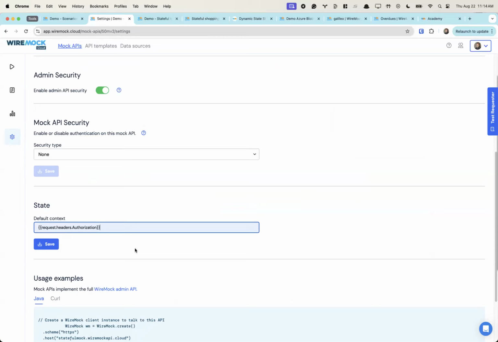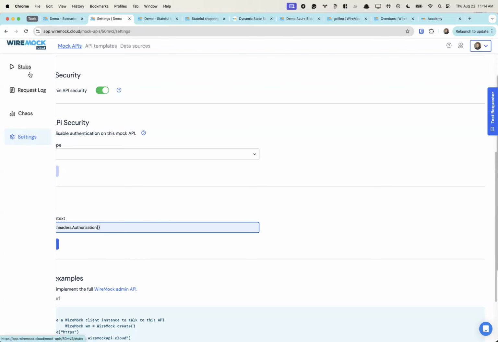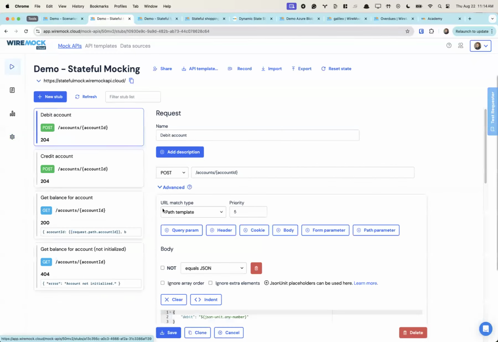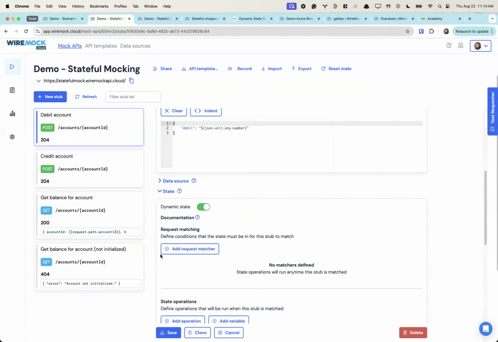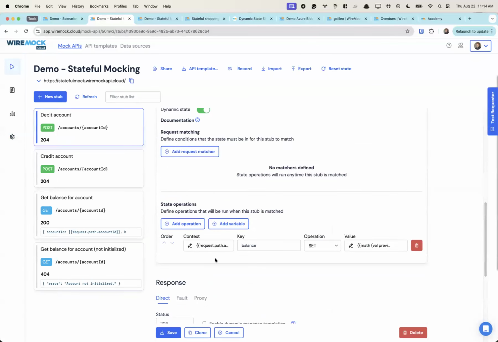And that might be good enough to differentiate the state between one user of the mock API and another. There's a lot of other use cases, and I'll show these as well as we walk through additional examples today. But that's the difference there that you're seeing, the default context and the custom context that you see being specified